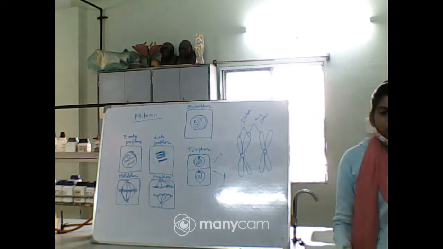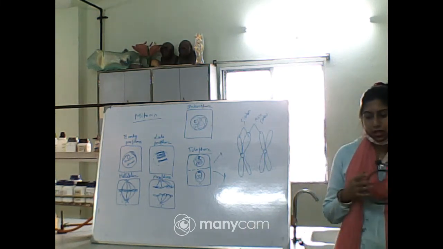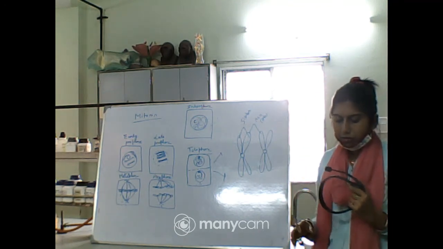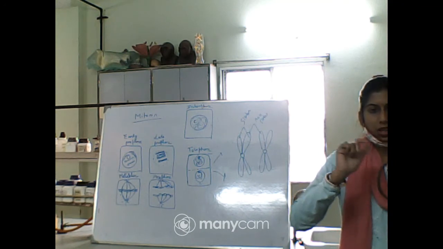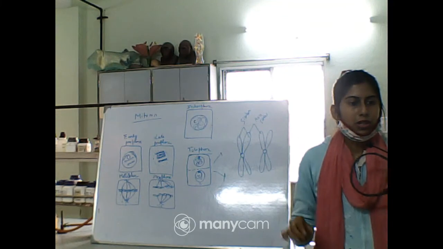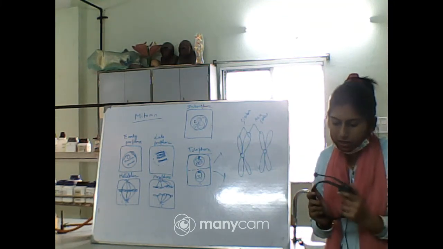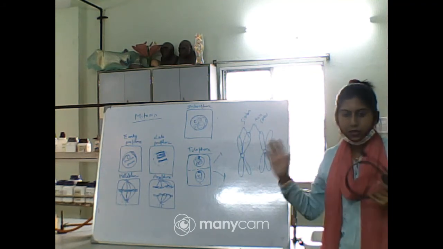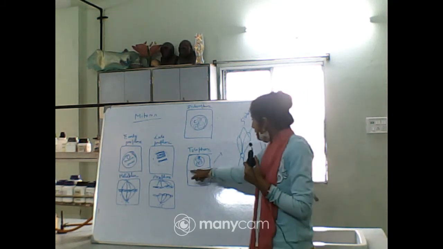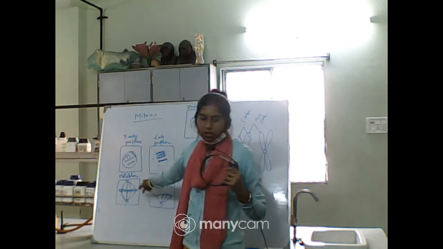So this is the first one, and the second one was to study the various stages of mitosis in animal cells, grasshopper, from permanent slides. Again the requirements will be the same, but the previous one was the onion root tip cell, and this one is permanent slides of mitosis in animal cells, particularly in grasshopper. Procedure is the same, observation is also the same, but slight differences will be there. One was the formation of the cell plate, and the second one, you can see that I have drawn it on the board, that